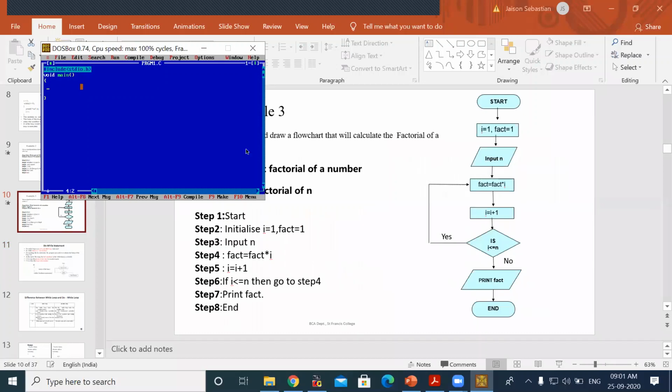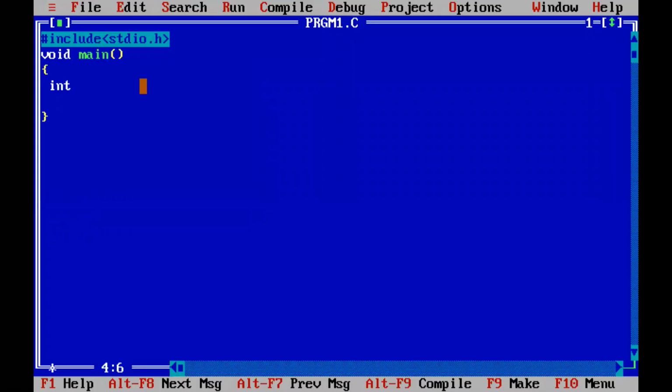what is the first step? We are declaring an integer variable. See Gautam, you can see, right? I equal to 1, right? And then the next step. First, you have to accept a number, ma'am. So I am not declaring the variable. I am just asking the user, if you want to find the factorial of a number, enter the number.